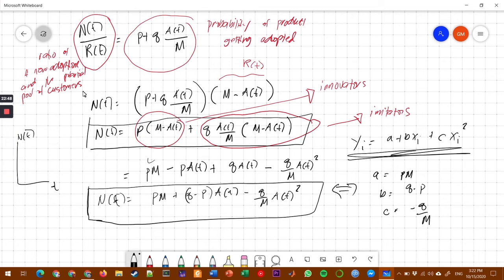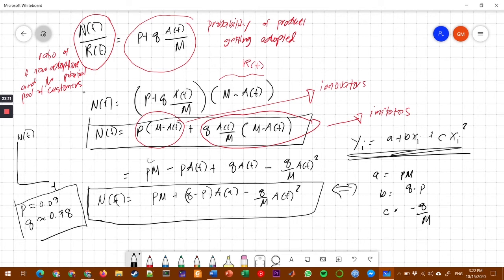So the typical value of p hovers around 0.03, and q is around 0.38. So how is this determined? It comes from the actual data, and then from the actual